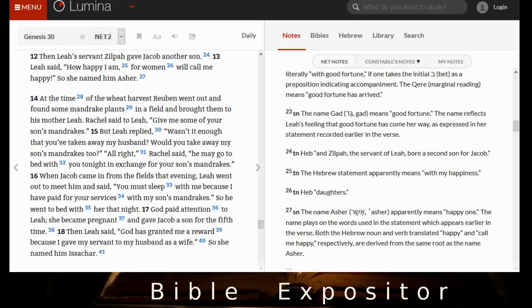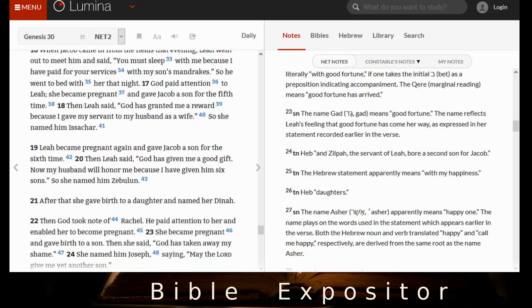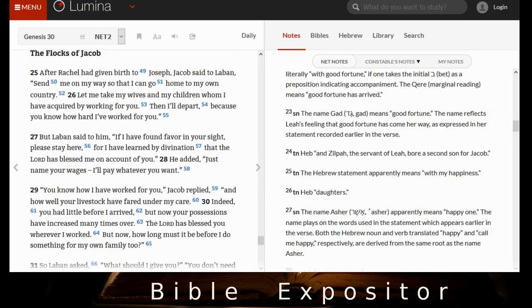Now, after all those babies from Leah and her servant, God decides to have pity on Rachel, and she gives birth to Joseph, who will turn out to save their entire clan from extinction. One more son will come from Rachel later on, but first the text turns to the matter of tension between Jacob and Laban on the occasion of his completing the second set of 7 years of work. And we go down here to verse 25.